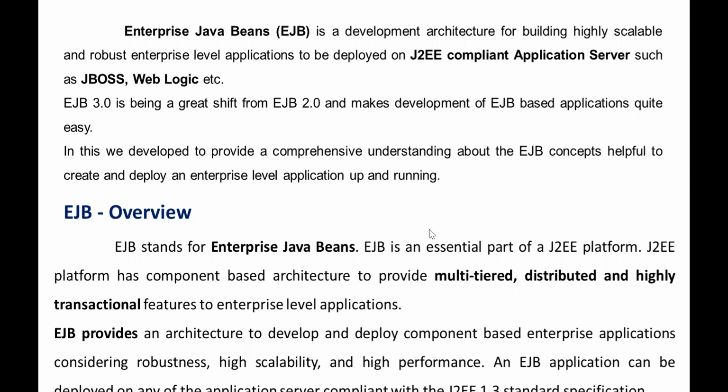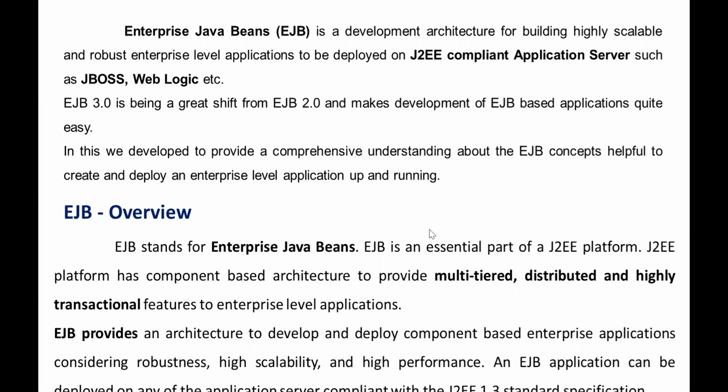EJB provides an architecture to develop and deploy component based enterprise applications. Already we know that it is scalable, robust, and high performance.